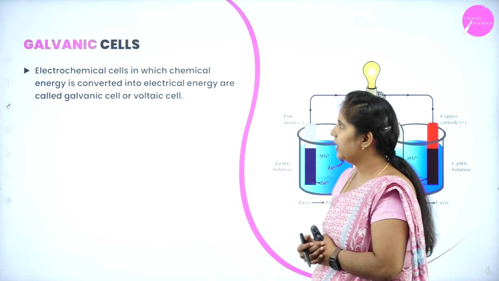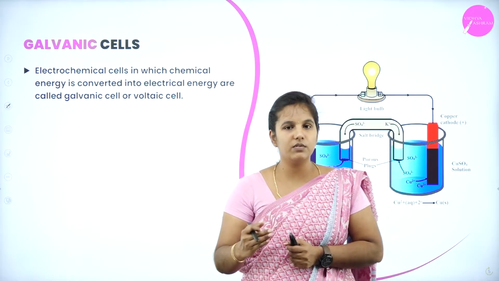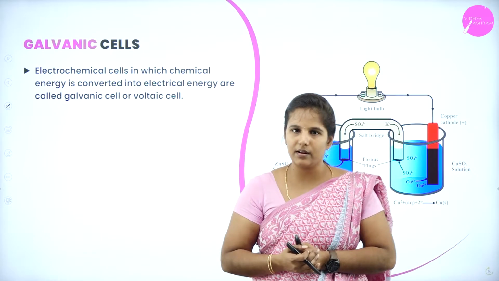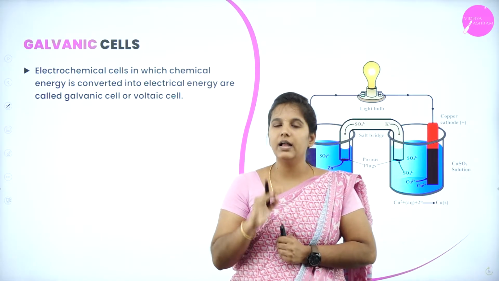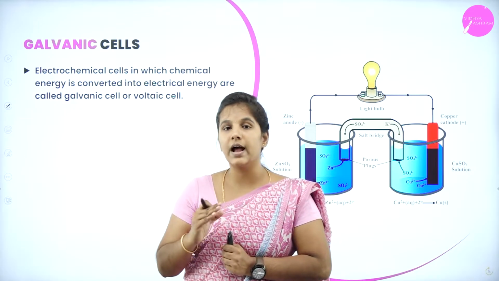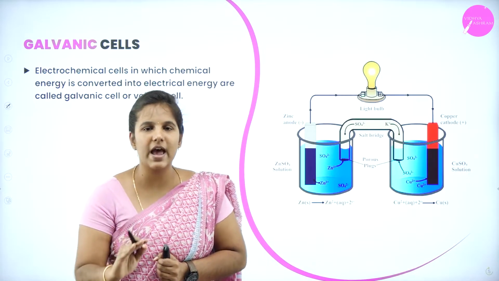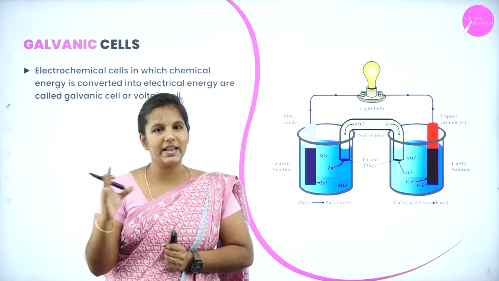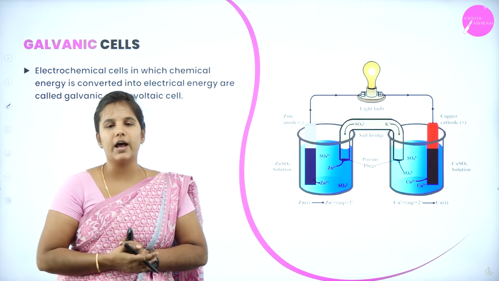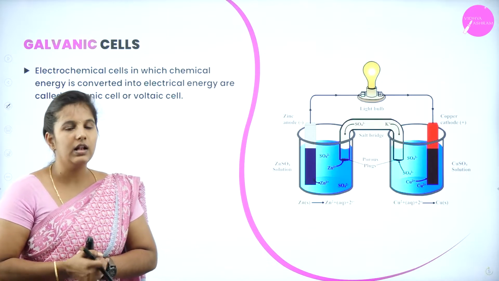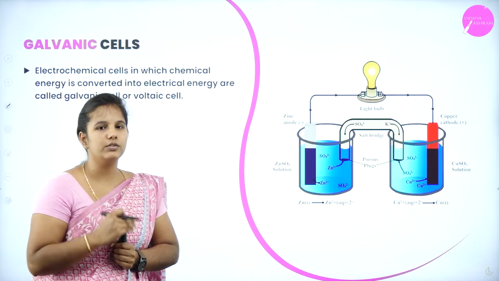We have already understood that a galvanic cell is an electrochemical cell which converts chemical energy into electrical energy. In addition, we have also understood that here the redox reactions take place and the reactions are spontaneous, which means the reactions happen of their own without any external help. Hence it is known as a galvanic cell, which is a spontaneous redox reaction. Now we'll see how to do the setup.